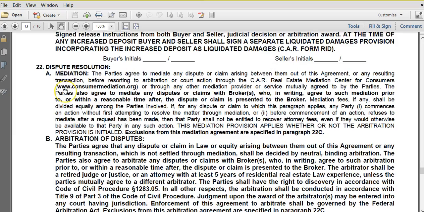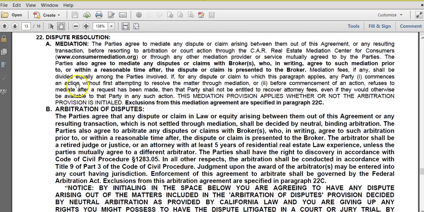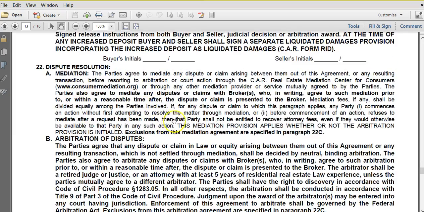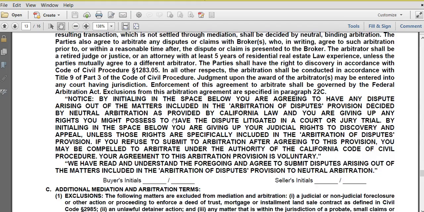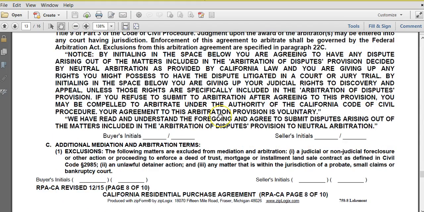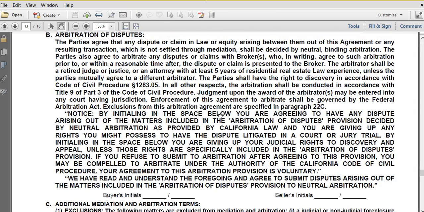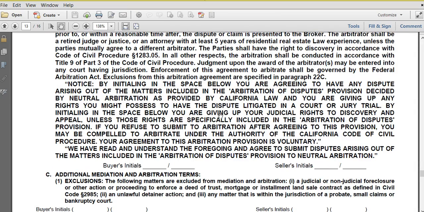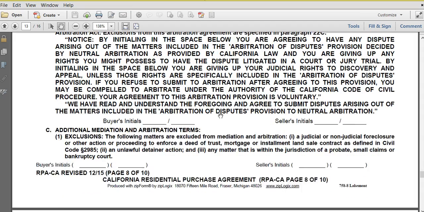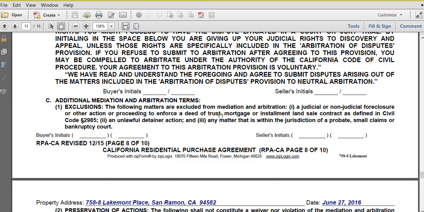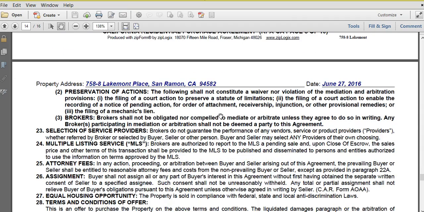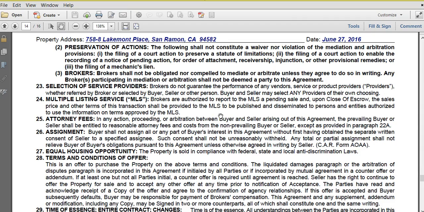Dispute resolution, mediation, arbitration of disputes. Basically, this is saying that if you are mad at the seller, you have the right to sue the seller under certain guidelines. We're not going to be in a situation where we need to do this, but this contract says this part. You can either choose to take it to court, or you can choose to take it to a private arbitrator and have it not be a legal matter. It's up to you. We're not going to get there anyways. These are all just precautions.